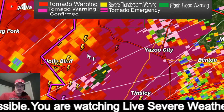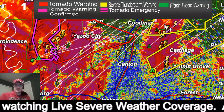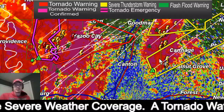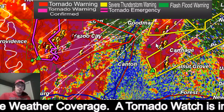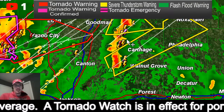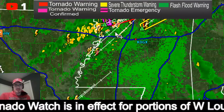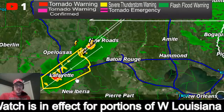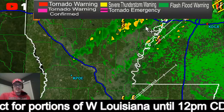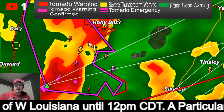So again, take cover immediately. Now this set of thunderstorms ahead of the line is also producing a lot of severe thunderstorm warnings now. We'll have to watch those. Let's briefly go to reflectivity. Again, not too much showing up there just yet. Now we've got more warnings down in Louisiana. So here we are now in the thick of it. This is beginning, and